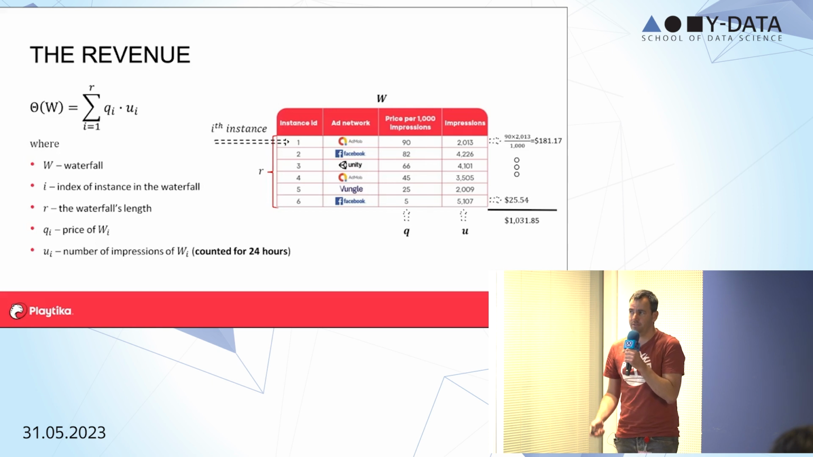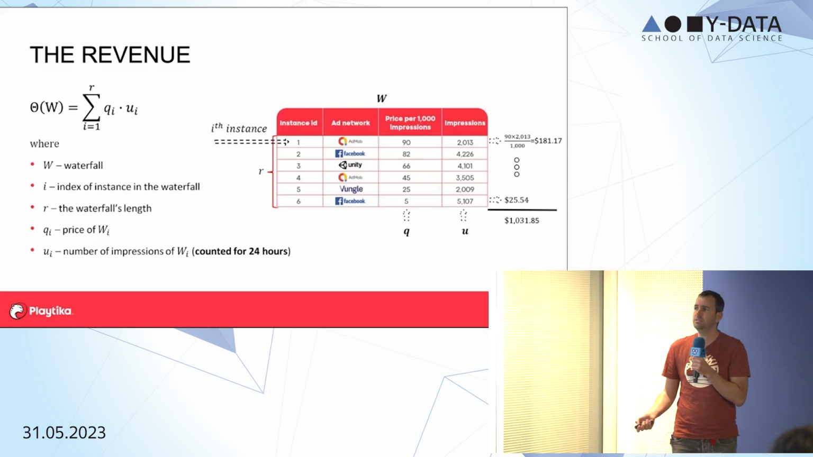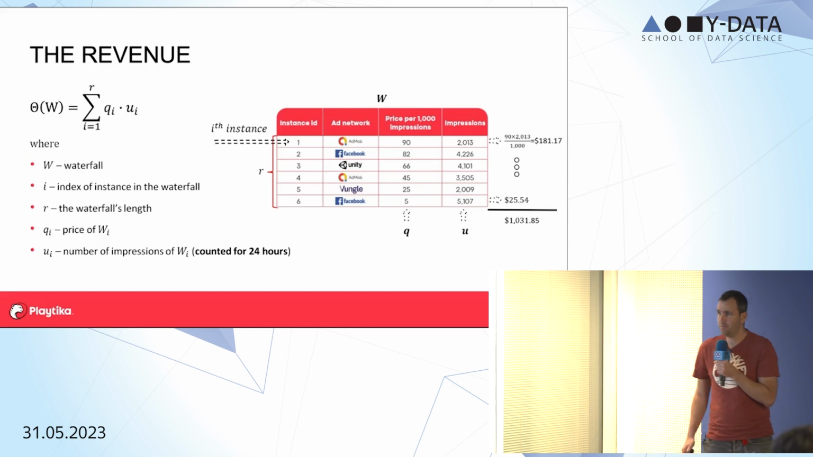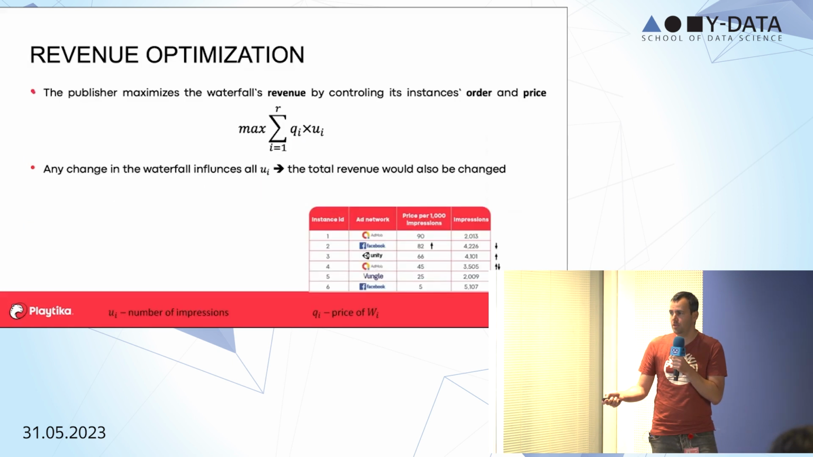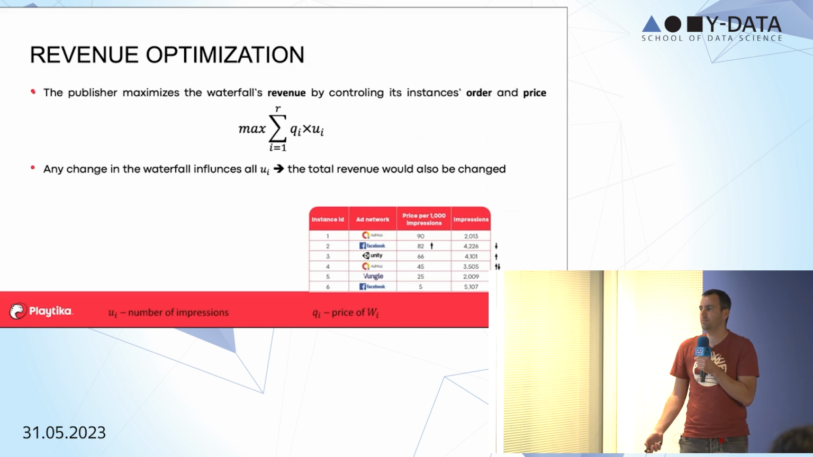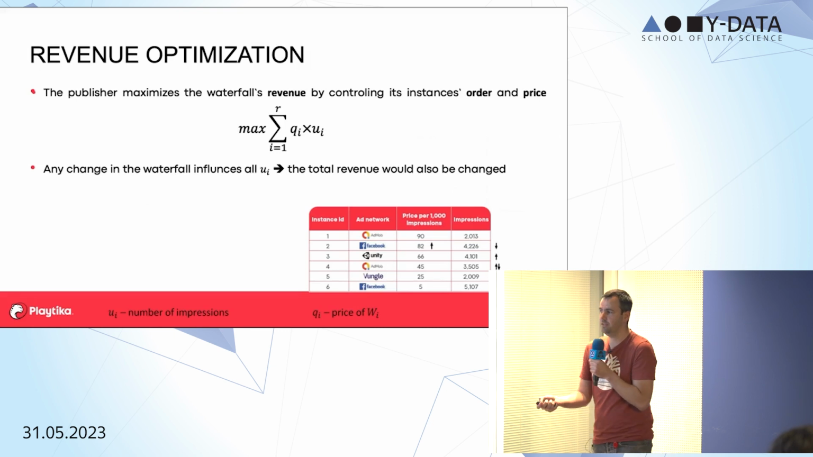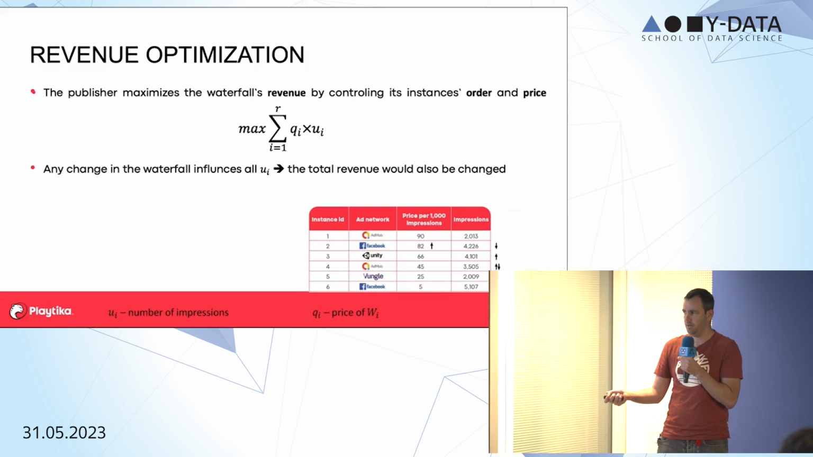And so this is, as I said, the revenue: the summation of the multiplication. The publisher maximizes the waterfall revenue by controlling the instances' order and the prices. Any change in the waterfall influences all the columns of the impressions. For example, if Facebook increases the price of this instance, of course the number of impressions will decrease